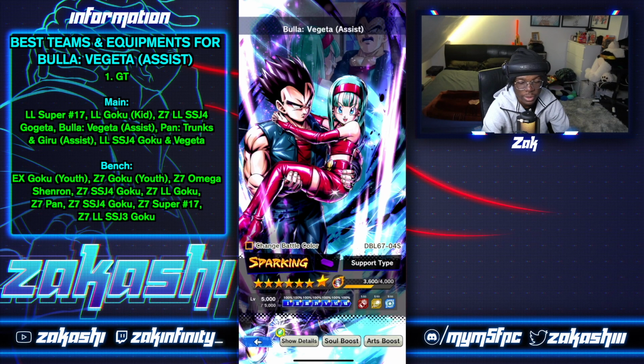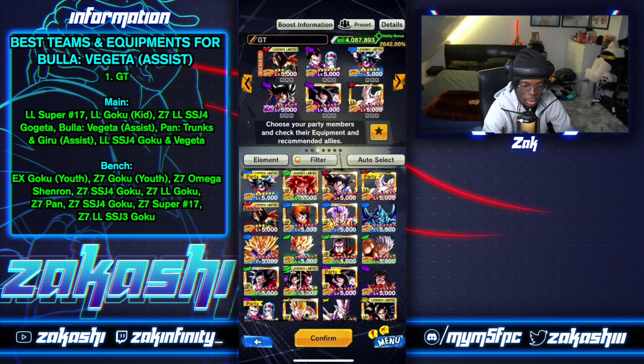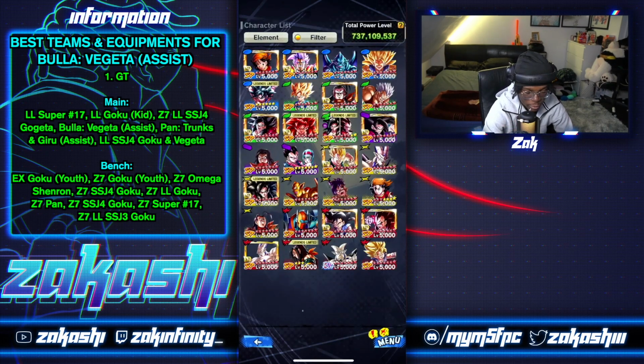You already see what teams are going to be mentioned in this video pretty much. This is what I would run if I was running them, so one Zenkai buff for the BULLA VEGETA, and then you'd also be running G4, or you could choose the Kid GT Goku, and then we've got a Zenkai buff for Super 17. Now if we go into the full GT character list, so my filters on GT,